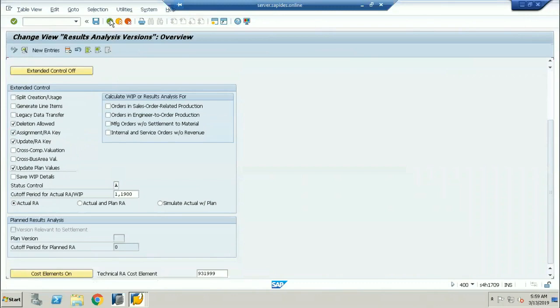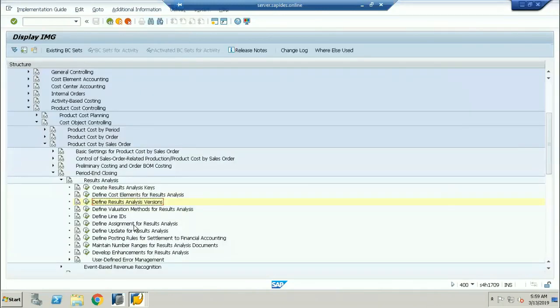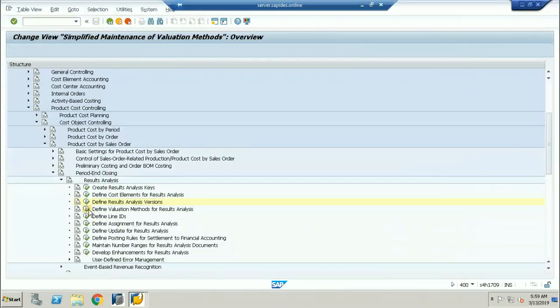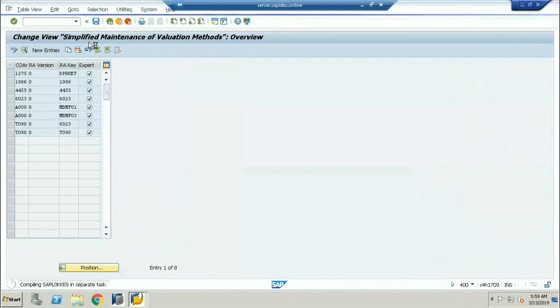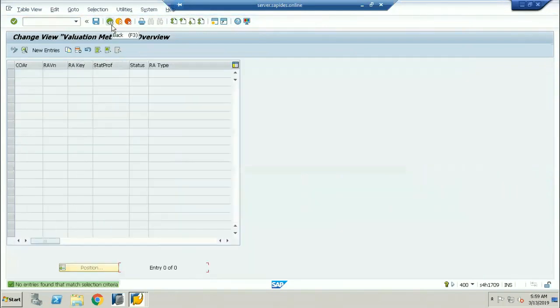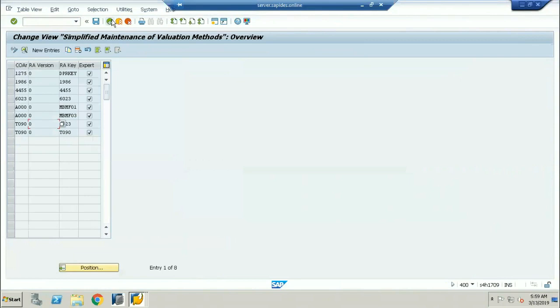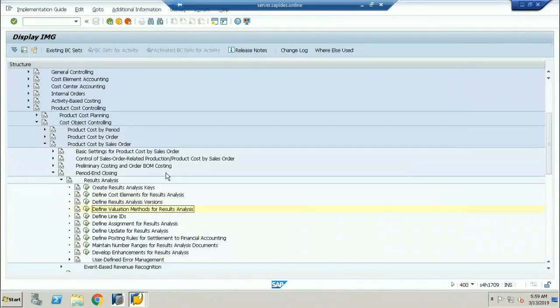Now I'll go and show. Here are the valuation methods. They're not defined here, but I'll define them and show the valuation methods now.